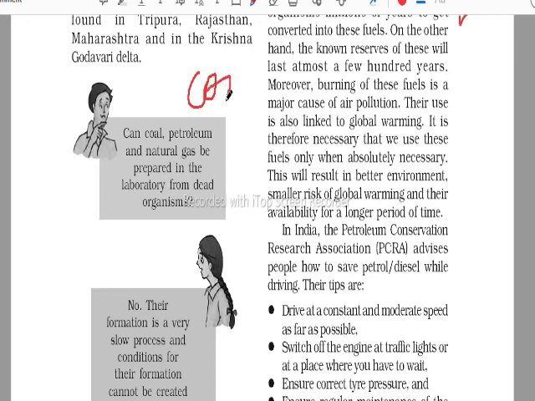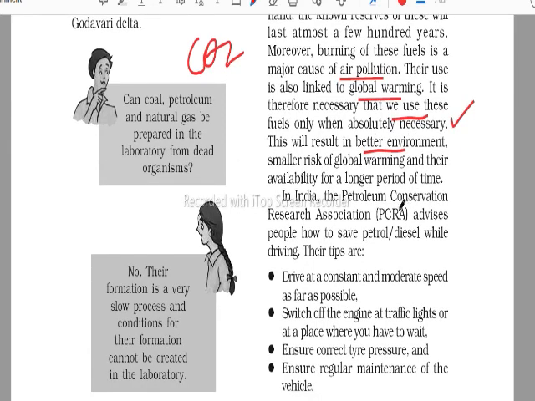And when they burn, they produce carbon dioxide which causes air pollution as well as global warming. So it is therefore necessary that we use these fuels only when absolutely necessary. तो ये बहुत ज़रूरी है कि जब बहुत ज़रूरी है तभी इनका यूज़ करें. This will result in a better environment, smaller risk of global warming and better availability. और इससे क्या होगा, जो रिस्क ऑफ ग्लोबल वार्मिंग है वो कम हो जाएगा और हमारे पास एक बेटर इन्वायरमेंट